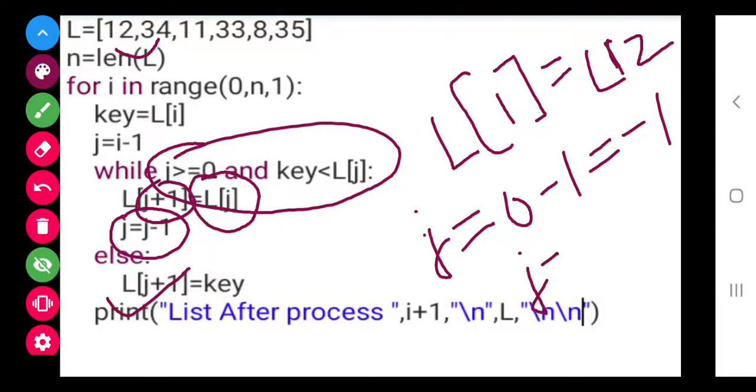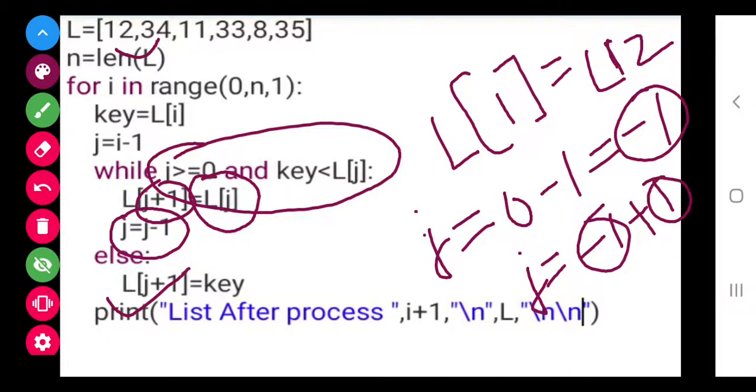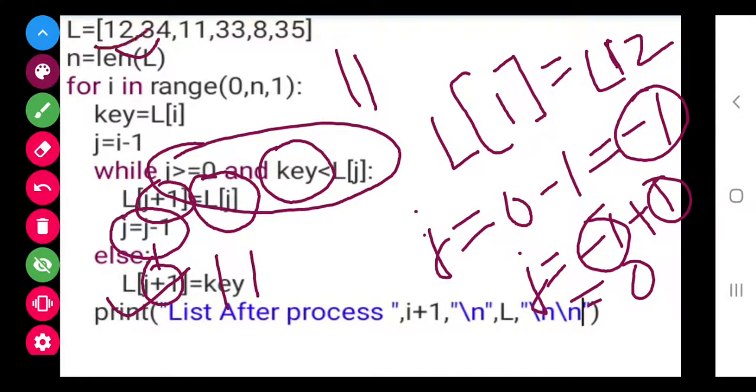Now j is equal to -1 plus 1, because the value of j has become -1, so -1 plus 1 equals 0. In the 0 position, key should get saved, that is 11. Now 11 will get saved in this position. So what happened here?